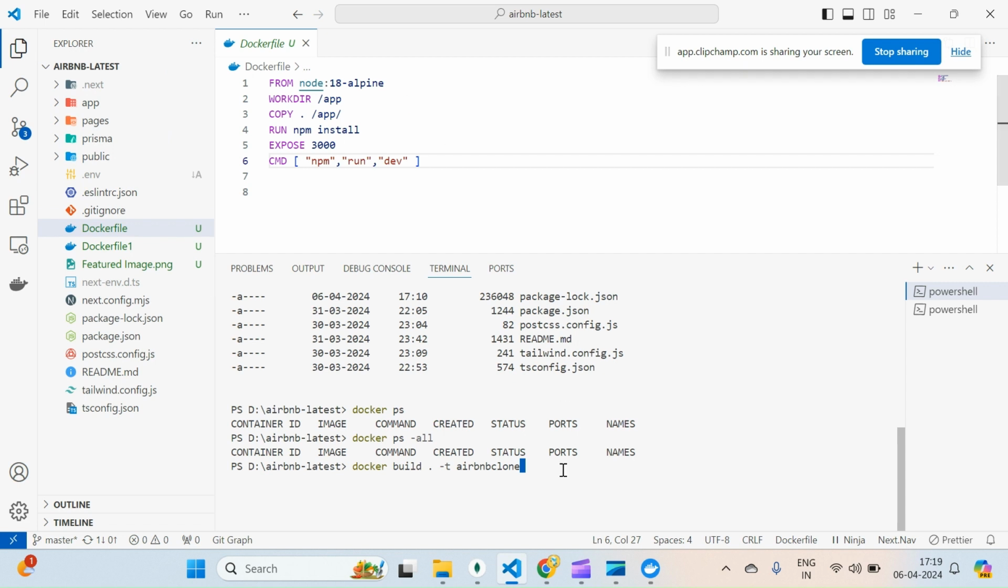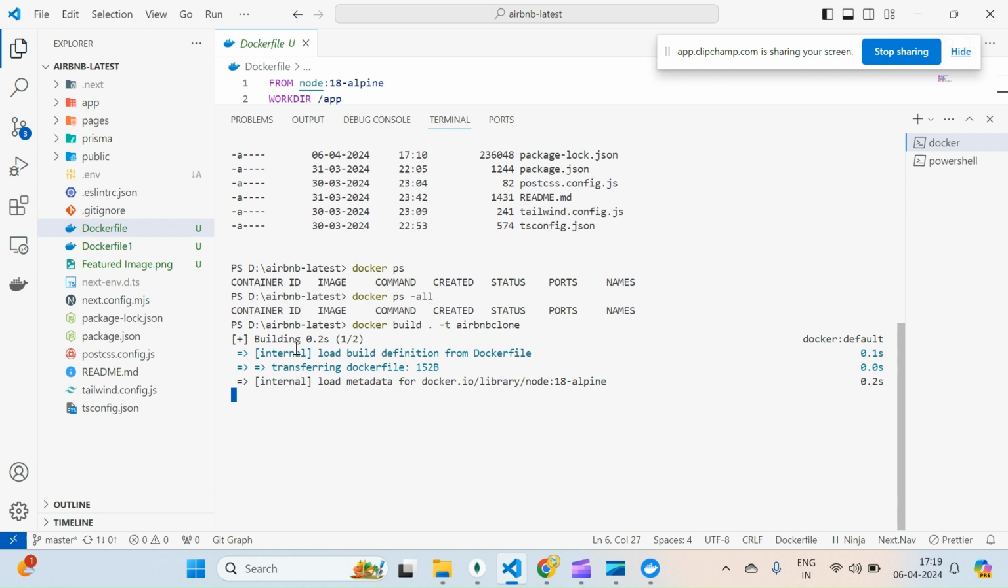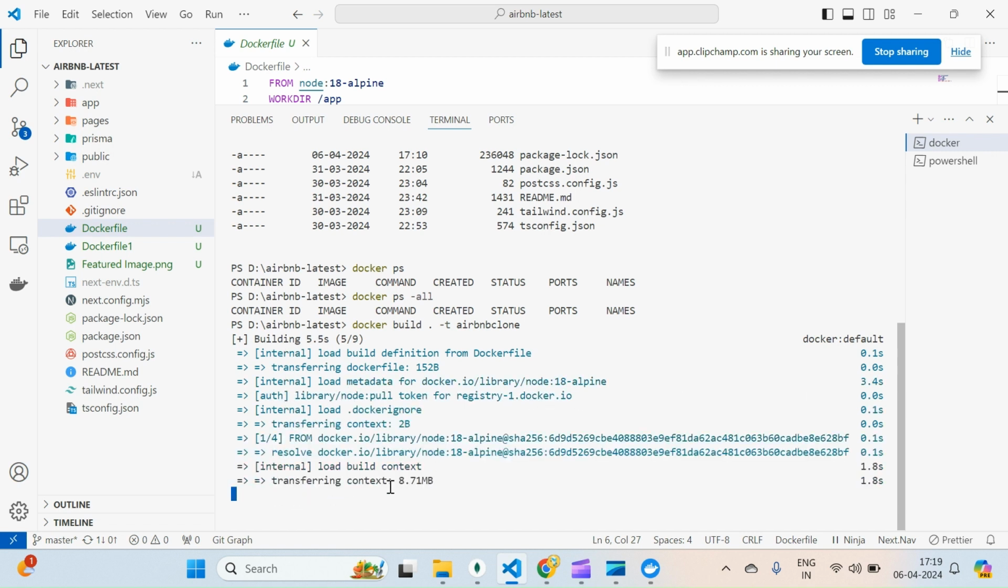See here, we'll see what is happening. If I execute here, it will show building the image, loading the data, getting the information, transferring context, and next it will come to copying the files from here to the app folder. Like that we will see all the steps one by one, and this particular image will be created with all the required setup. So we need to wait some time so that all these files will be moved and the